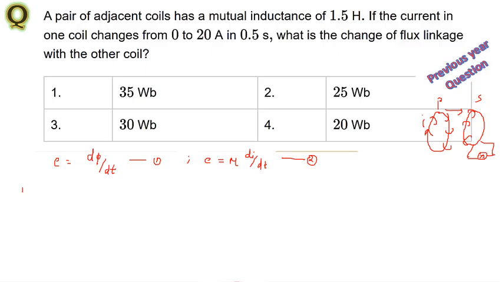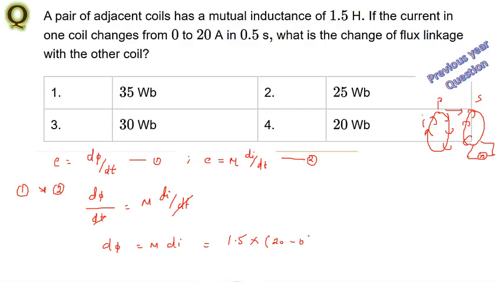From equations 1 and 2, dφ/dt is equal to M into dI/dt. In all the cases, the changing current will be the same. So from here, dφ equals M into dI. The M value is already given, that is 1.5 Henry, and the current change here is